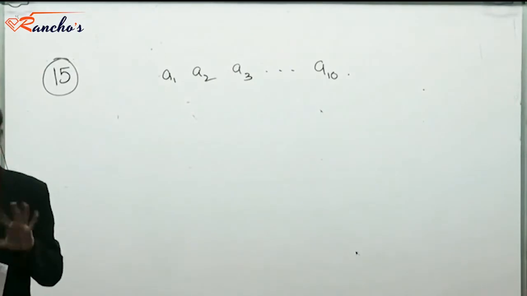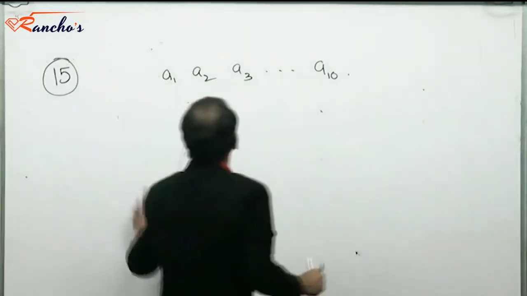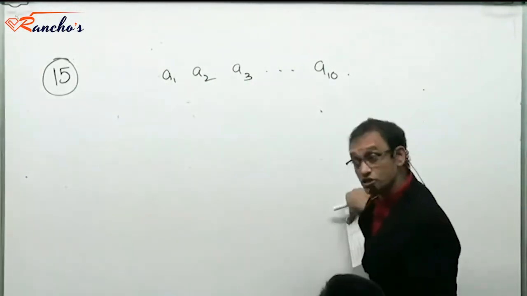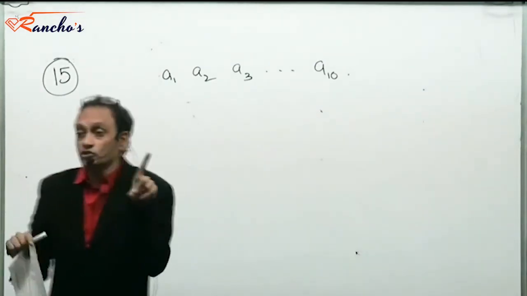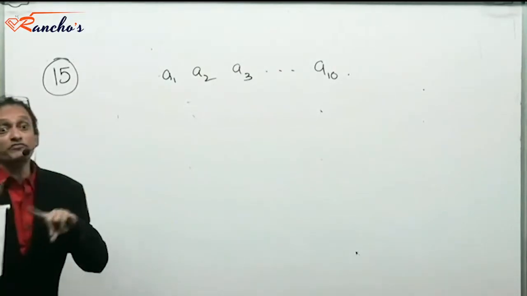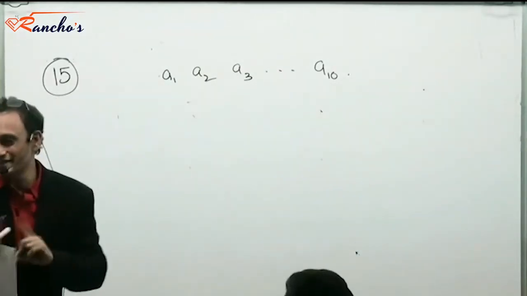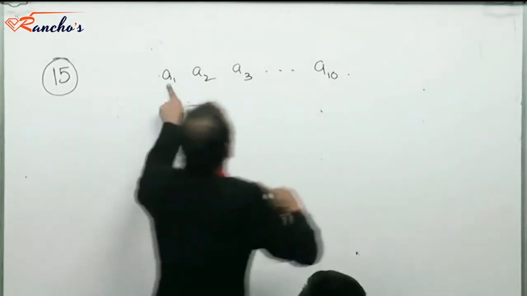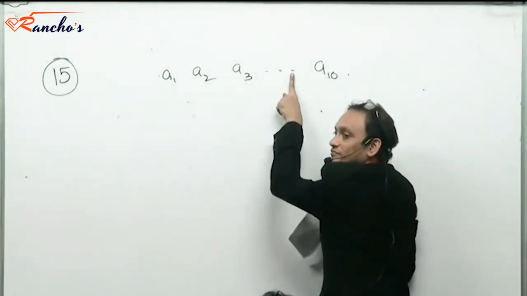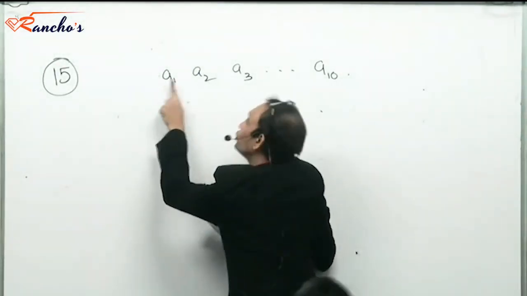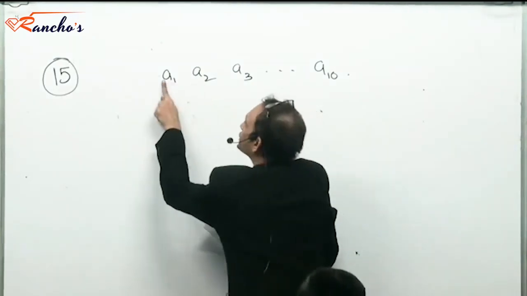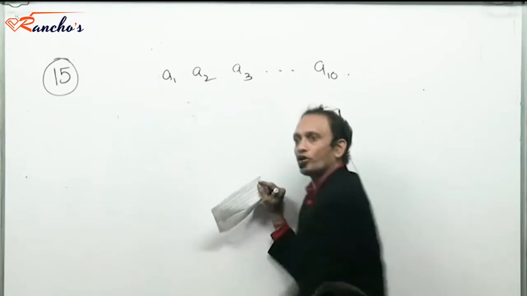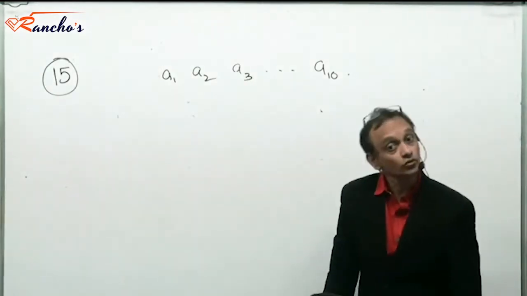Now, I'm allowing various permutations of these, various rearrangements of these. But I don't want in any rearrangement any child to be shifted by more than one unit. That means I can't have an arrangement in which A1 suddenly appears far away. A1 will either appear here or here. A2 could either appear here or where A3 is. You know what I'm saying?